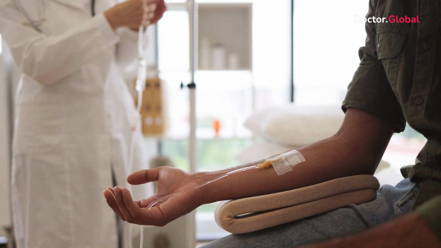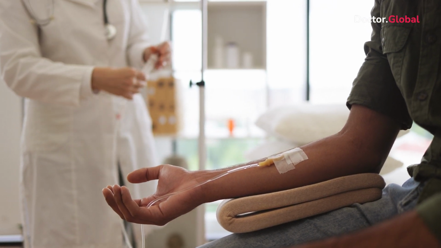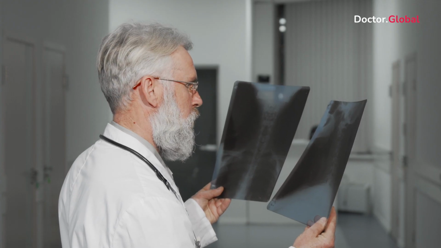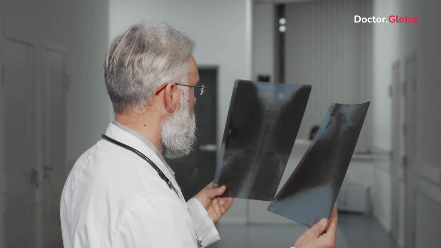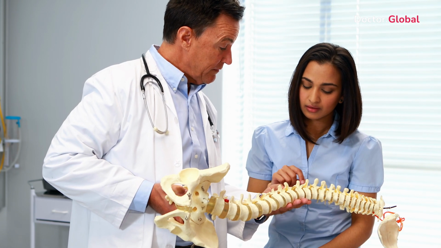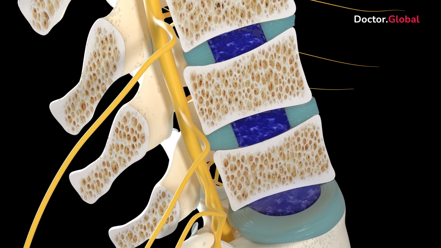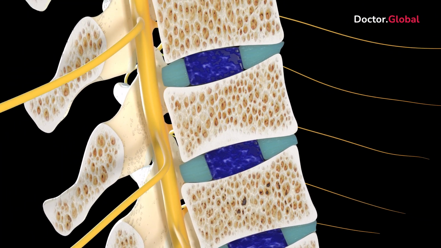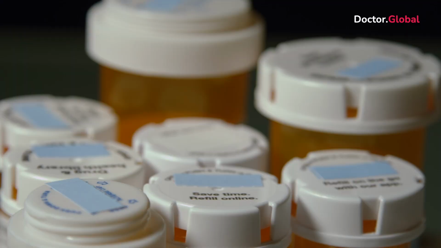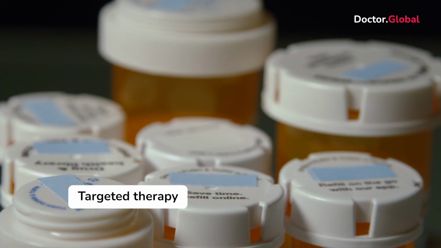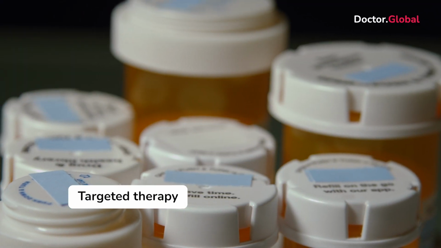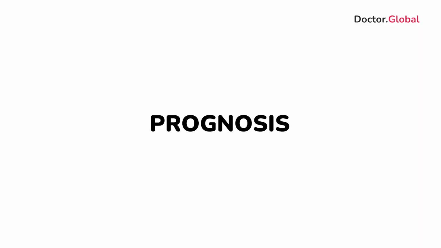Chemotherapy uses drugs to kill cancer cells or prevent their growth. It is usually an option for advanced or unresectable tumors. It is less commonly used for primary spinal tumors but is an important treatment modality for recurrent types of intramedullary spinal tumors and metastatic disease. Other treatment modalities that are used in the treatment of spinal tumors are targeted therapy and immunotherapy.